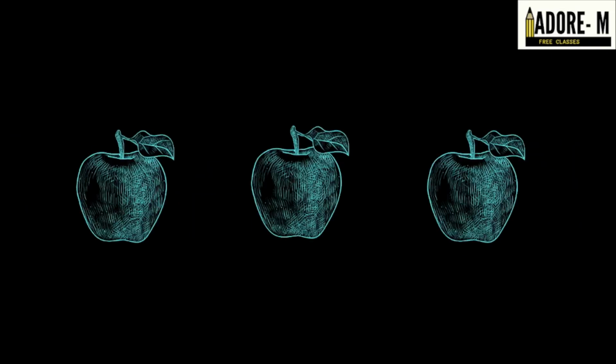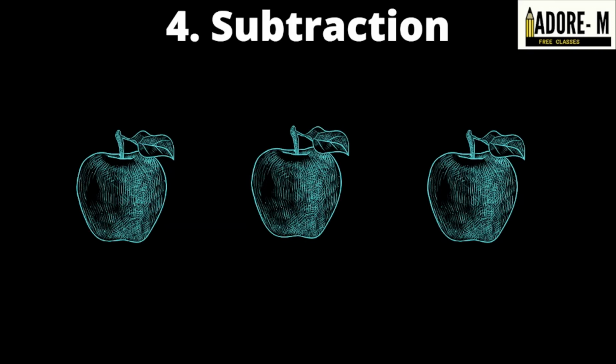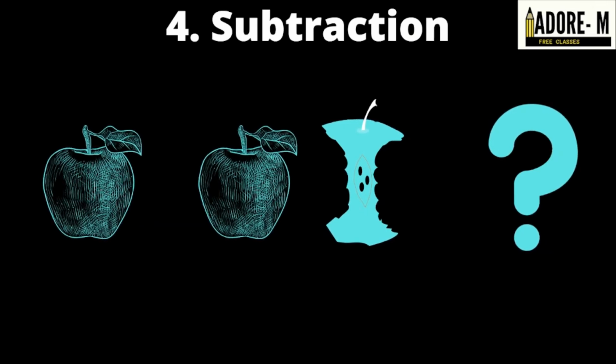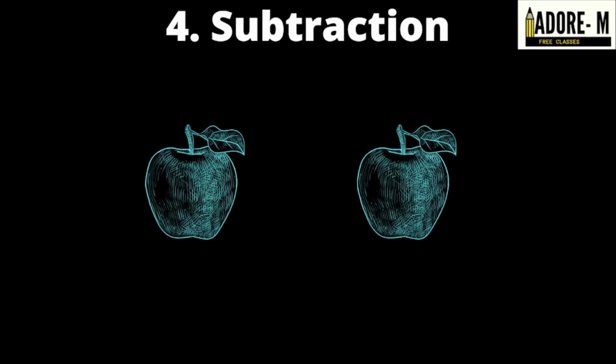and in the next chapter we are going to learn about subtraction. So assume now that your father brings three apples and one apple is eaten by your sister. So how many apples do you have left? Think about how many apples you have left in your home. One apple is eaten by your sister. So I think you have chosen that we have two apples left. So in this chapter we are going to see this type of interesting problems like subtraction,